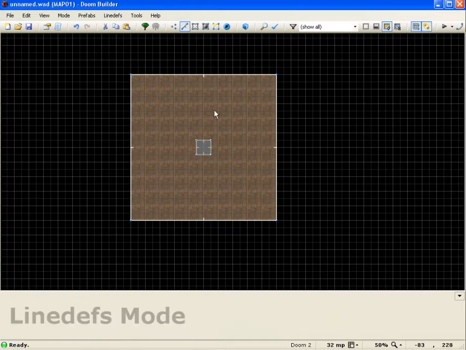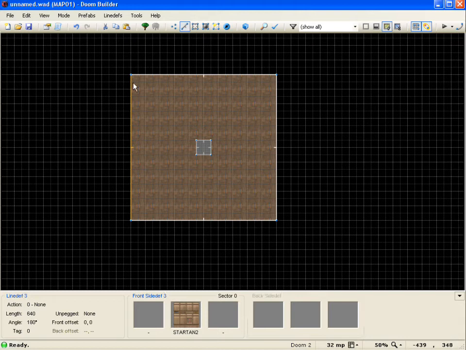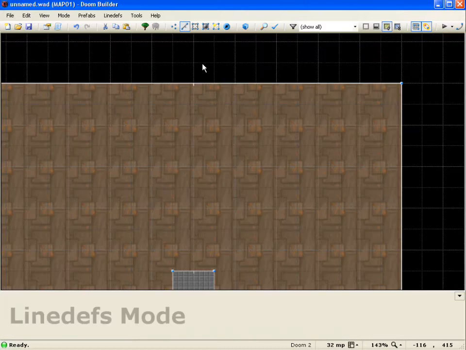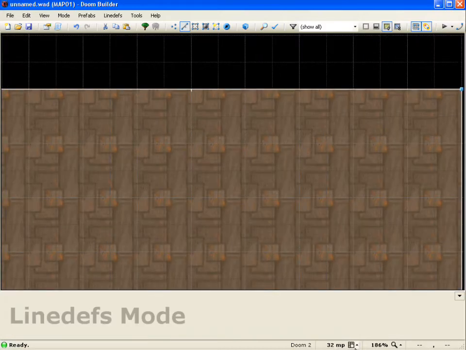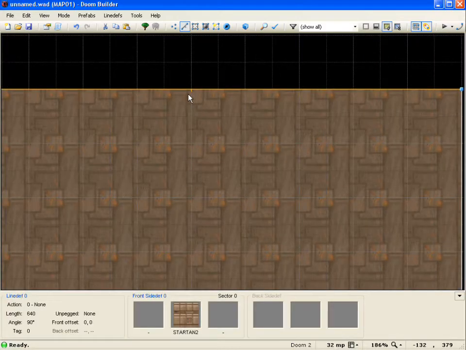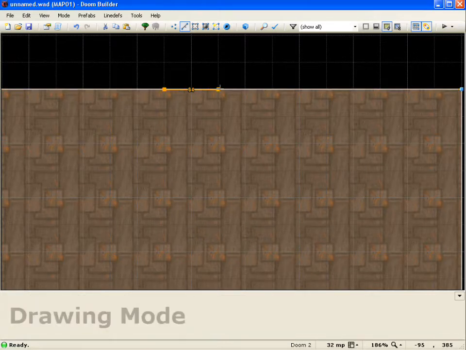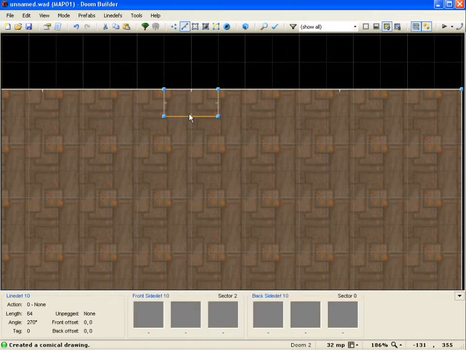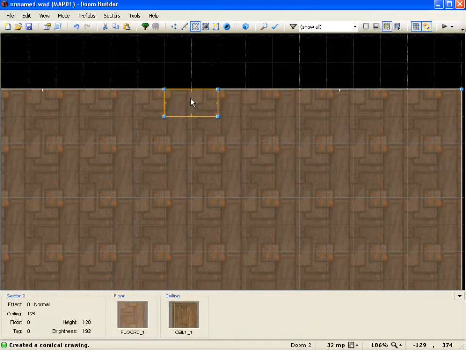So now we're going to set up the functionality to a switch. So the first thing we need to do is create a switch, and we're going to create a switch up here on the top wall. So let me zoom in here a little bit, and I'm going to go ahead and draw a 640 by 32 sector here. And what I'm actually going to do is come here to sector mode, and I'm going to delete it so it gives me that